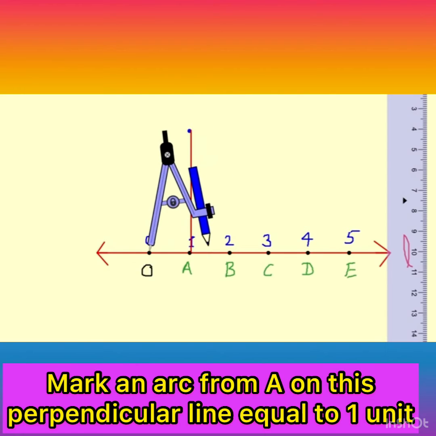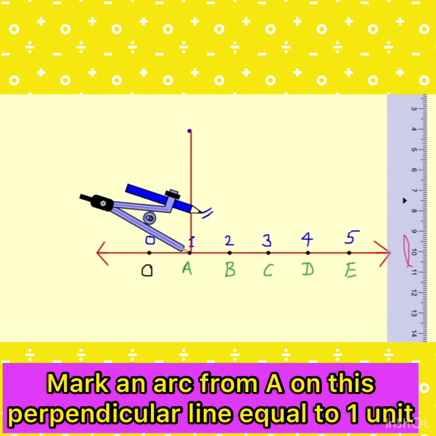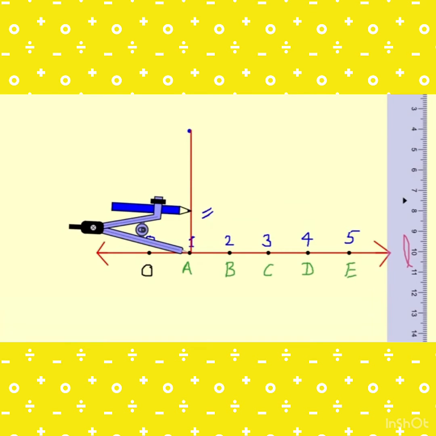So now take your compass and measure this distance O and A, and let this OA is 1 unit. Measure this distance or take this distance in your compass, that is O and A, and let us this OA is 1 unit. And now what to do? Mark an arc on this perpendicular line which you see just like that,